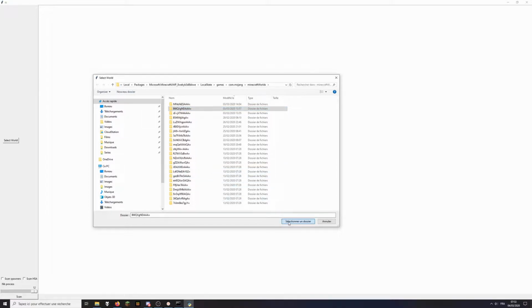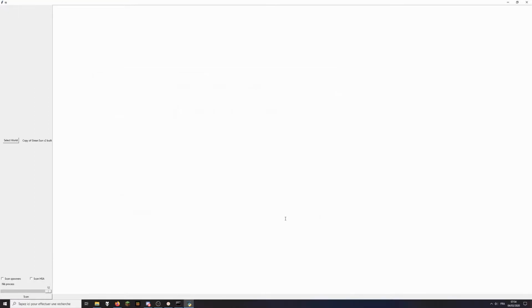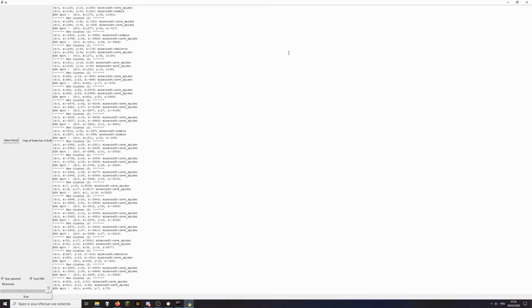But yeah, so let's just select our world. If you sort by date here, it will be the same order as in Minecraft. So it's not the name there, but if you sort it here by date, you will have the same order. So just select this one because I know, and check everything, scan everything, wait a bit, and